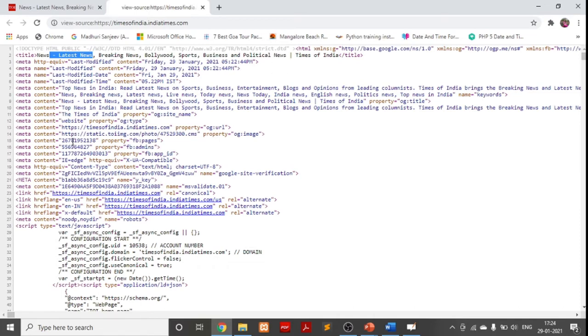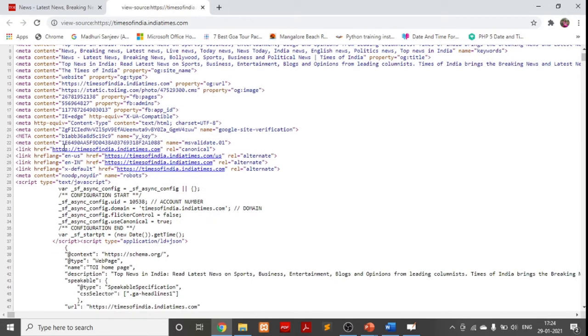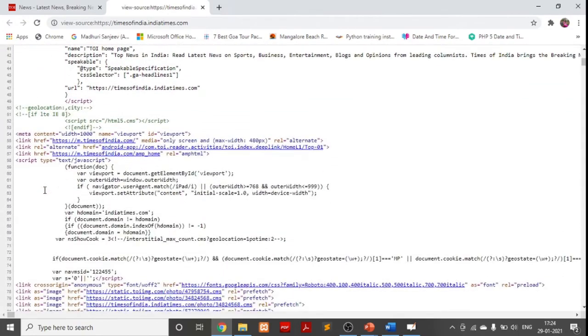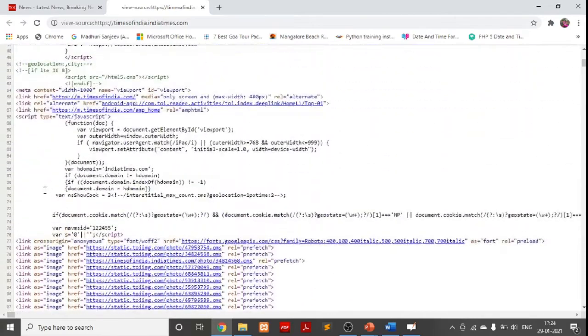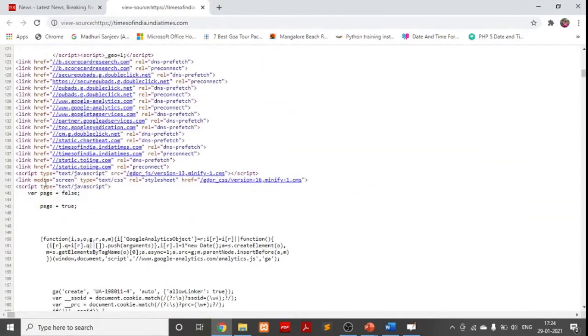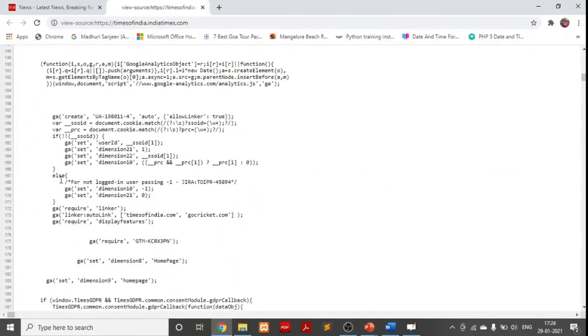Now you can see there are some links given here. If you have not understood this part, I will make a separate video on why this link is attached here. The basic thing is to understand the format that HTML is following. There is some format given to design any website.